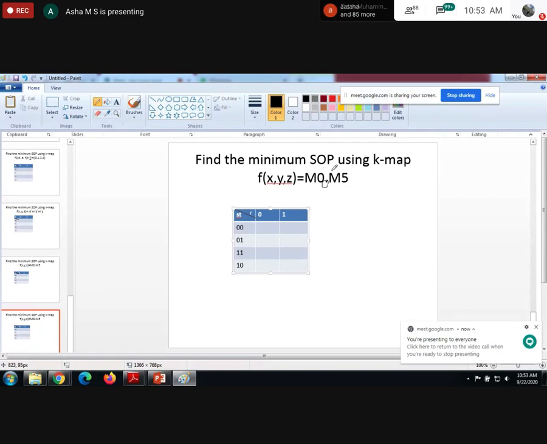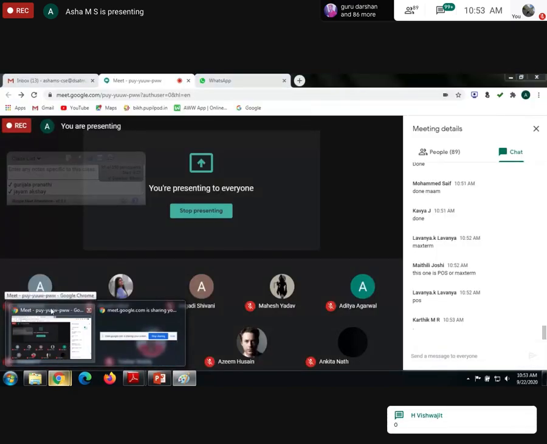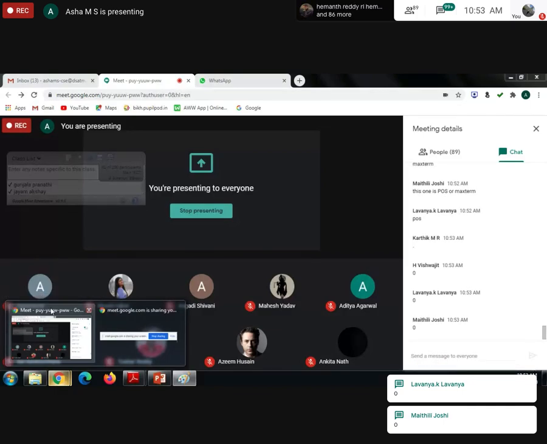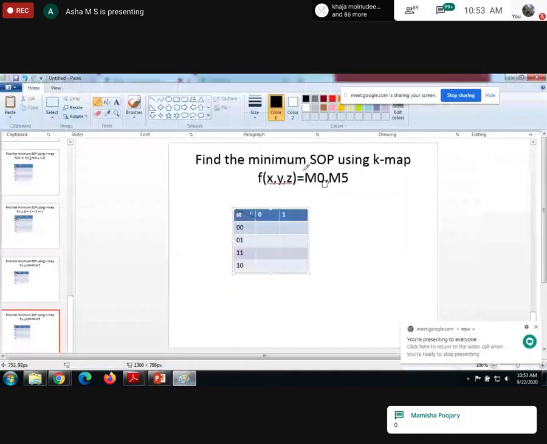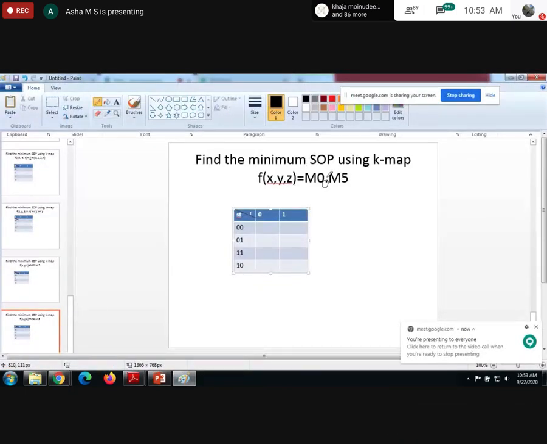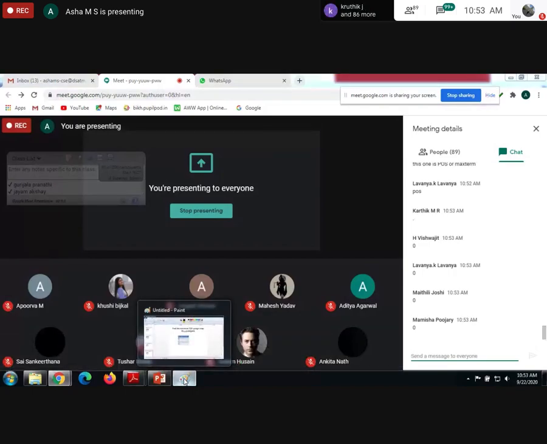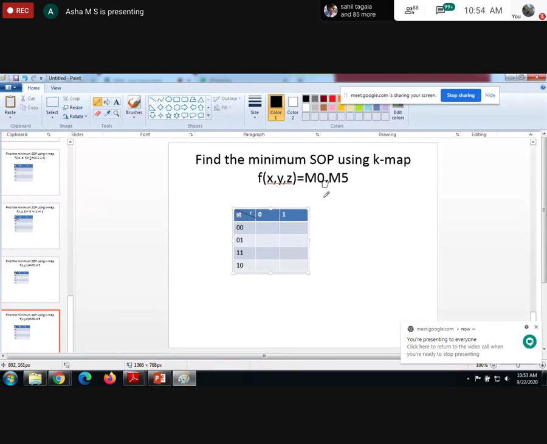So in this place, what are you going to place within the cell? If they have given the max term, what will you be placing in the cell? You will be placing 0. Very good. Wherever they give the max term, in that place you have to place 0. Are you clear? In these two places, you will be placing 0. But what did they ask us to find?